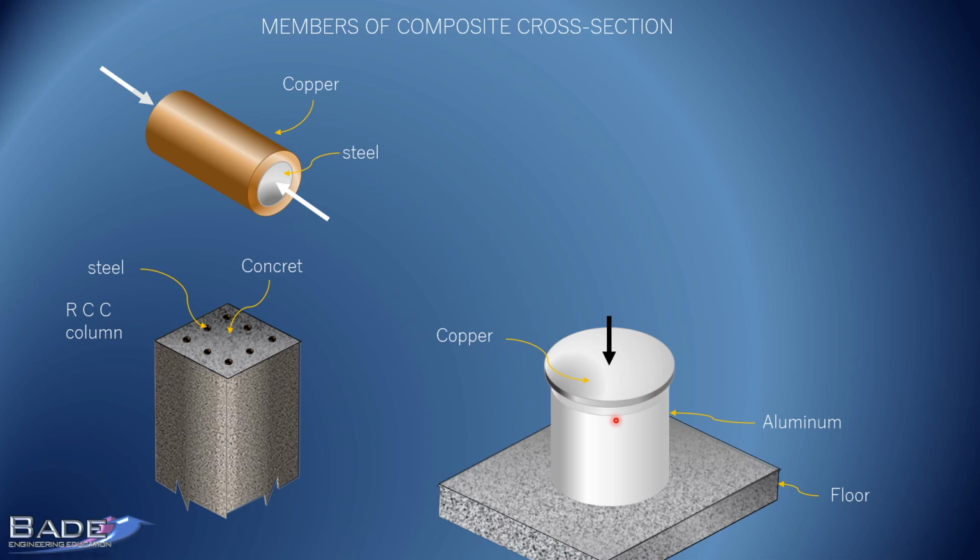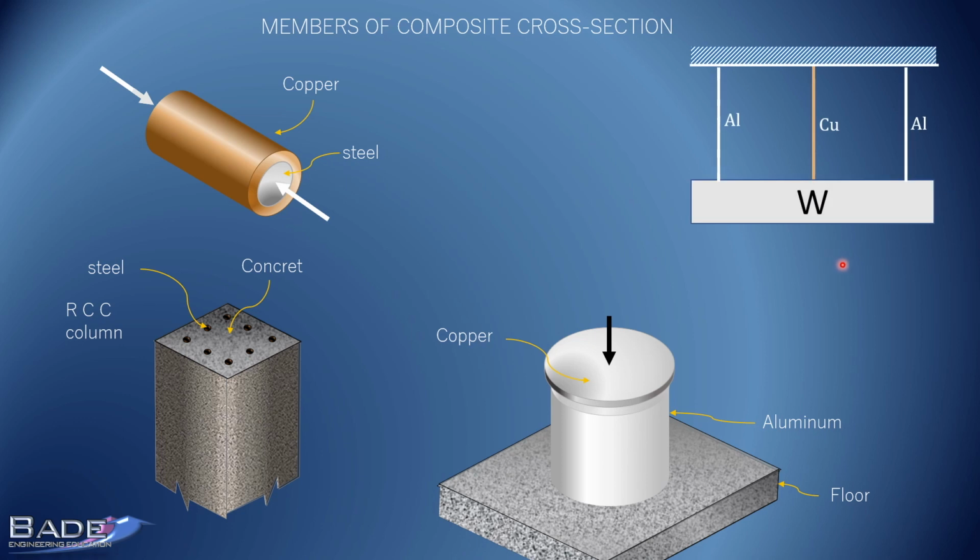Now if you apply a load on the disc, that load is borne only by copper initially. But as you go on increasing this load, of course copper's length will reduce because it is compressive load. And this disc finally will come in contact with the aluminum tube also. And the load will be borne or shared by both the materials. So copper and aluminum are running parallel. In the last video, we solved problems on bars in series. Here these are bars running parallel to each other.